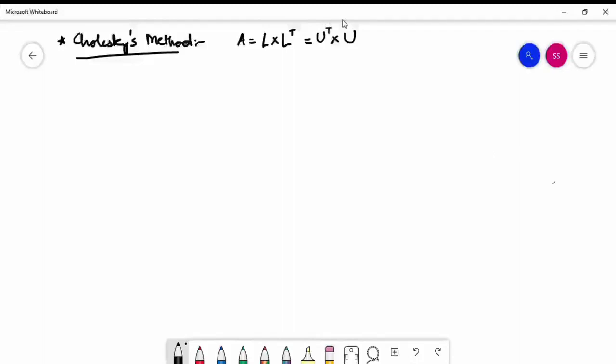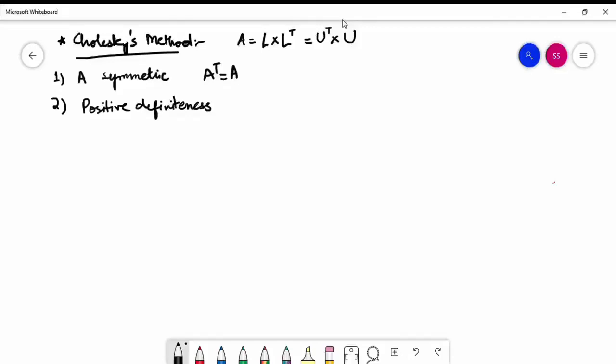And there are two prerequisite conditions to apply this method. The first one is that your matrix A should be symmetric. Symmetric means, as you know, A transpose is equal to A. So if you take the transpose, it should be equal to its original matrix. And the second one is that it should be a positive definite matrix. So positive definiteness is